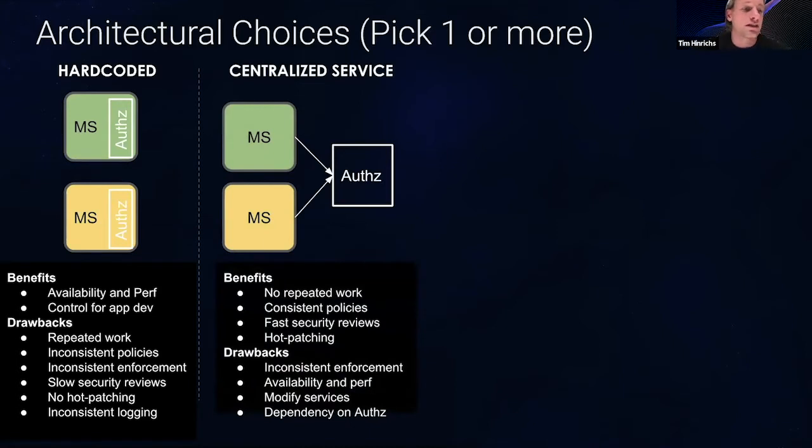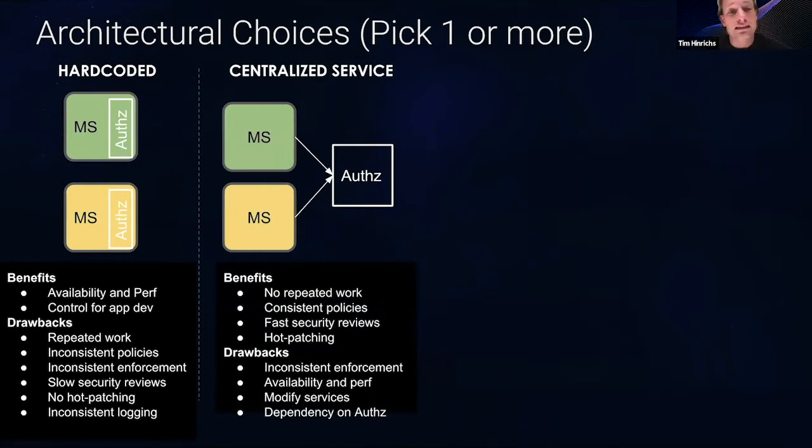One way to look at and address some of those drawbacks is to do the usual thing in a microservice architecture, which is to decouple that authorization policy from the individual microservices and provide basically a dedicated microservice that's responsible for making authorization decisions. This obviously solves a number of the problems around repeated work and inconsistency, because you have a dedicated microservice that makes all these decisions. The drawback to this, though, and it's a pretty substantial drawback in many settings,